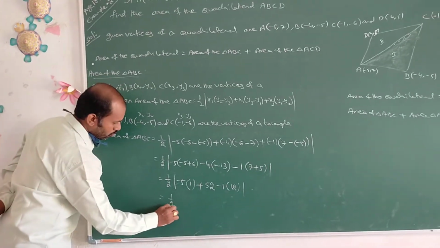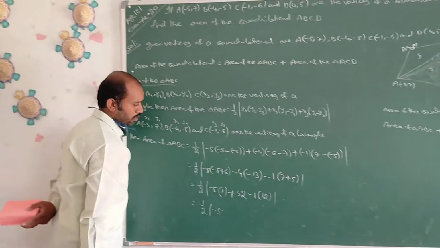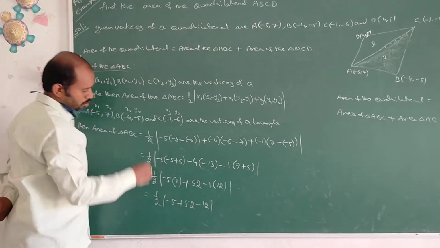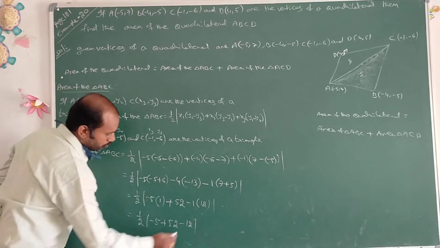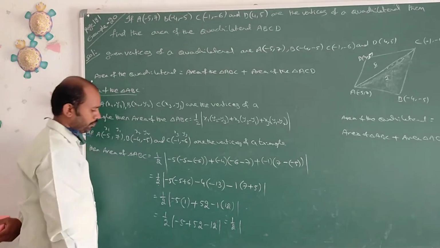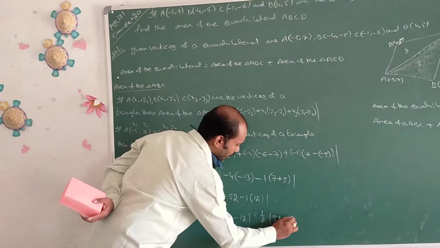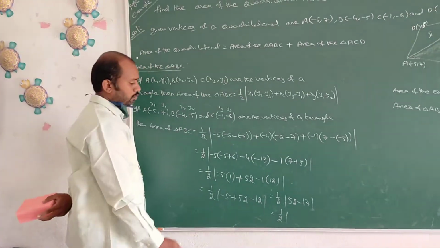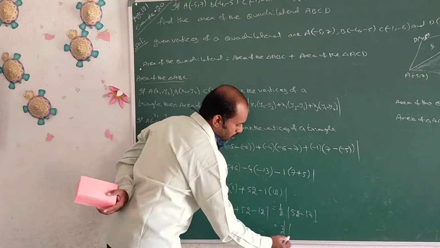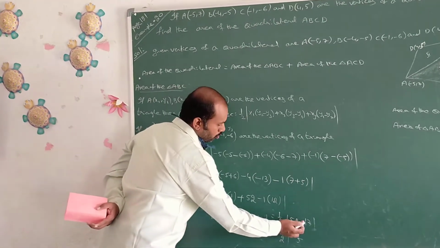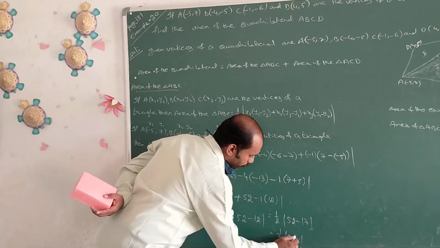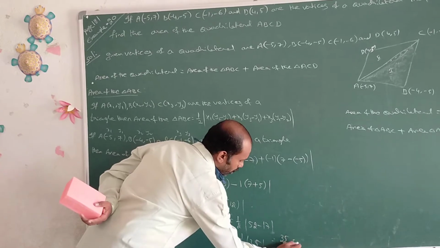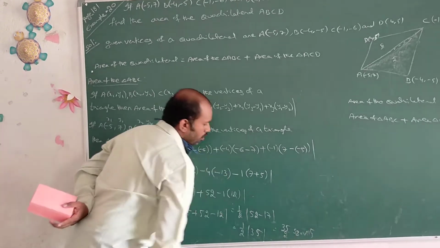Now simplification of the modulus of minus 5 into 1, minus 5 plus 52, minus 1 into 12, minus 12. Now add two negative values, minus 5 minus 12, that is equal to modulus of plus 52 minus 70. Now substitute that: modulus of 52 minus 70, 12, 7 means 5. Here 4 minus 35 modulus. Half into 35, means you write 35 by 2 square units. This is the area of the first triangle.